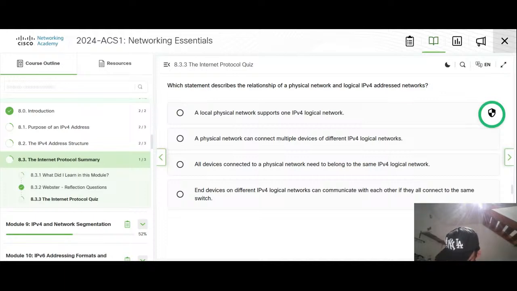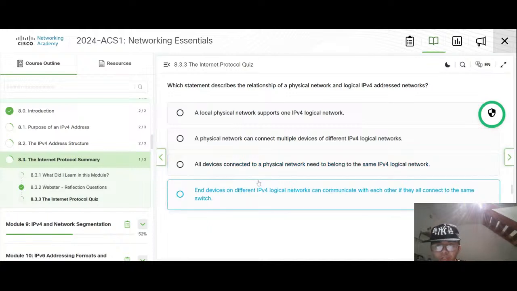If you go then, relationship of physical and logical.